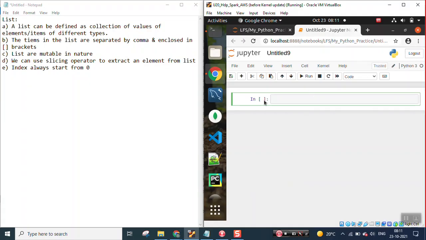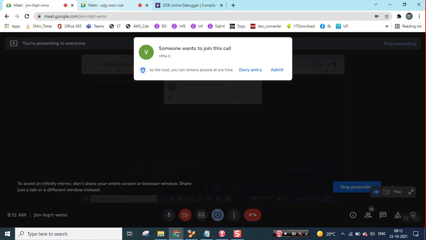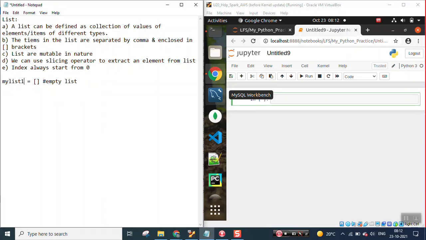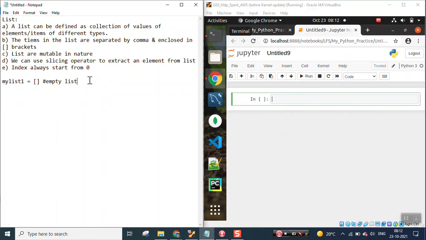Okay, cool. I've just opened my Jupyter notebook, and we have just seen the definition of a list. So I've tried to define how we can define a list in a simple manner. It will be enclosed in square brackets, right? So this is how you define your empty list, with nothing else inside. We have already seen this when we were solving some coding scenarios. An empty list can be defined with empty square brackets if there is a requirement. Okay, so my list two,